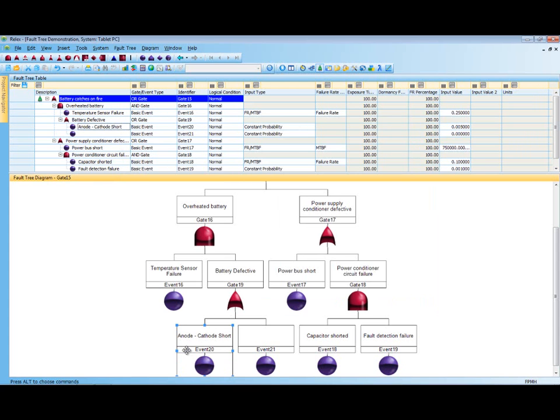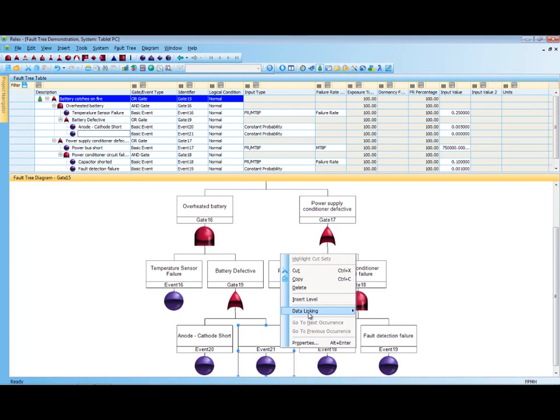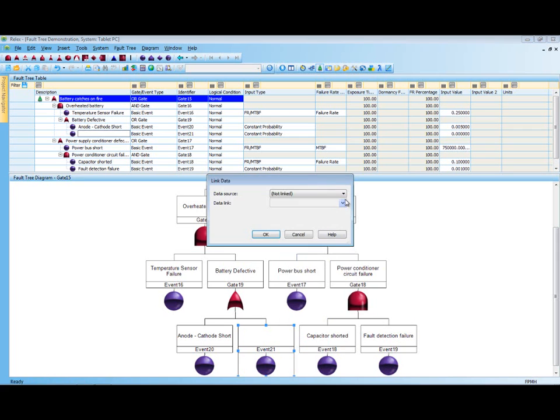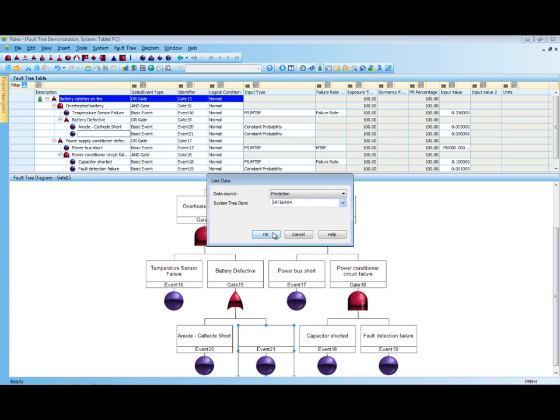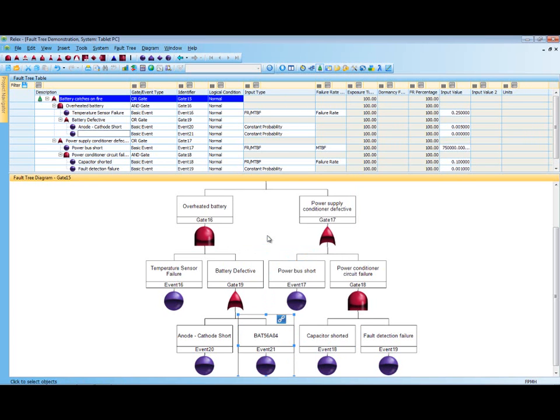Another option that we have is the ability to link data. It's really a strong point of the Windchill Quality Solutions tool, and if we right-click on an event, there's a data linking option, which is going to allow us to link to FMEA, Markov, or prediction. We're going to link to prediction for this example, and in my system tree item drop-down list, I'm going to link this to the battery itself. Once I click OK, that link is established. You can notice the blue link icon in the upper right-hand corner. The only way we can make changes to this failure information now is to go back to our prediction and